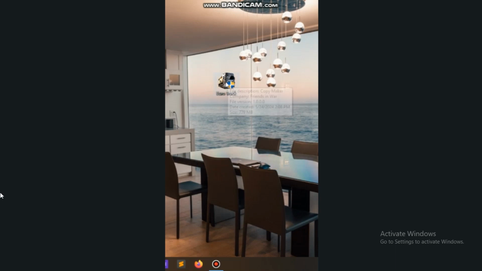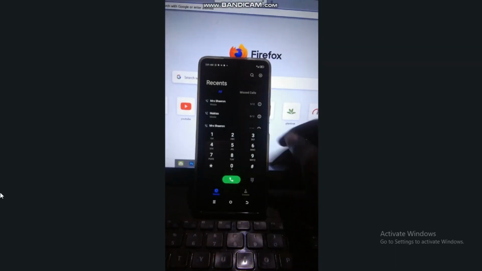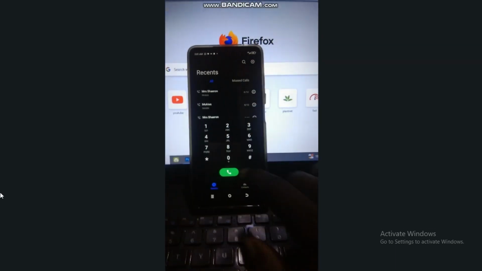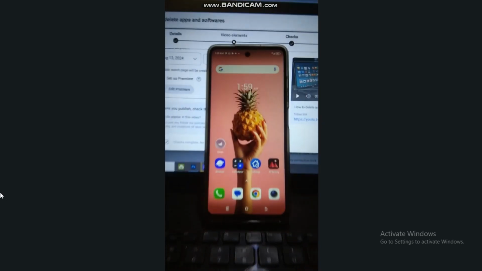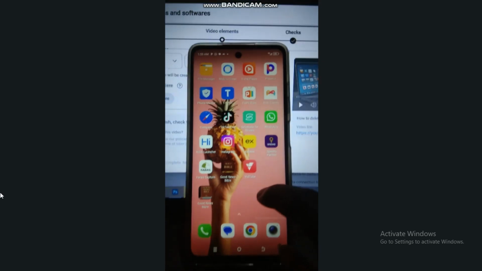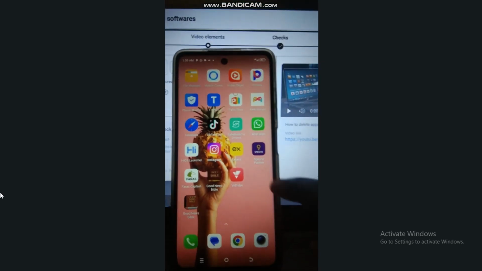Hello everyone, today I want to show you how to delete or remove or uninstall an application from your mobile device. It may be an iPhone, Android phone, or any other Samsung phone or any other phone. So all you have to do is grab your phone and look for the application that is giving you a headache,